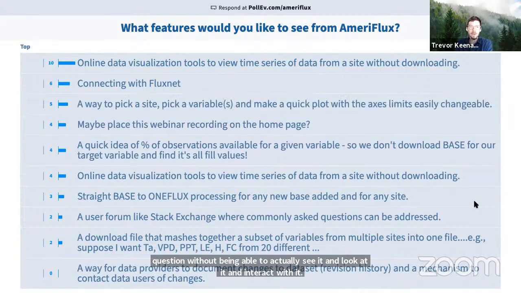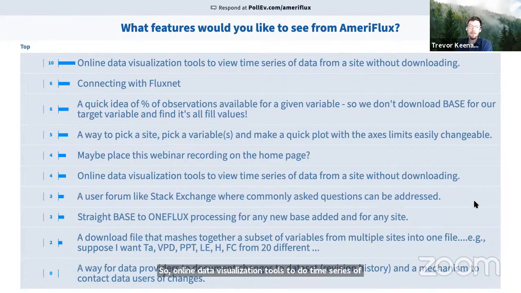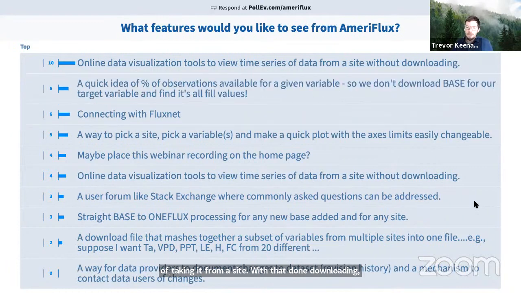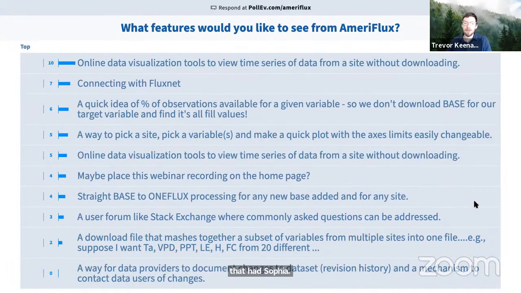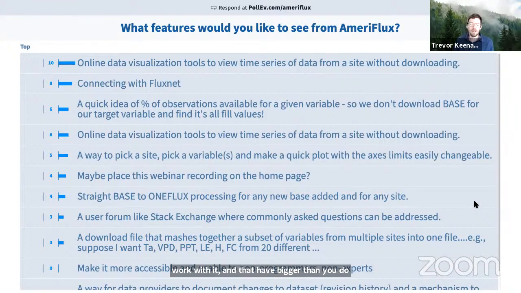So online data visualization tools to view time series of data from a site without downloading would no doubt be helpful in some of those problems that Sophie and Minju in particular raised about how to identify the sites you want to work with that have data that you deem of sufficient utility for the question you're asking.